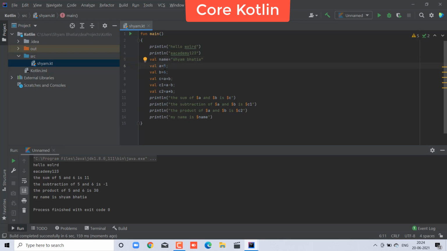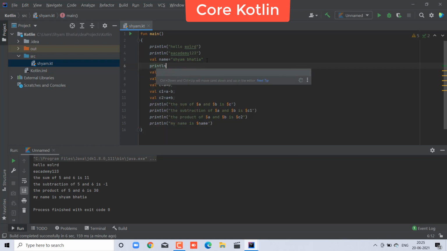It is a static value, so it is not good, but at dynamic runtime we want to input the value. So what will I do? It is very easy. First of all, println, and inside it, enter the value of number 1. Okay, this is number 1, and after that, this is the most important part, friends.